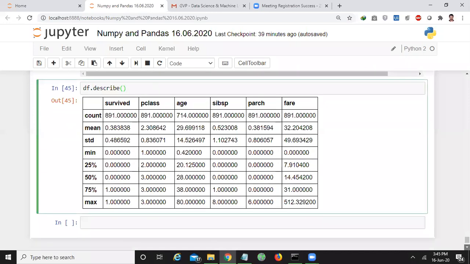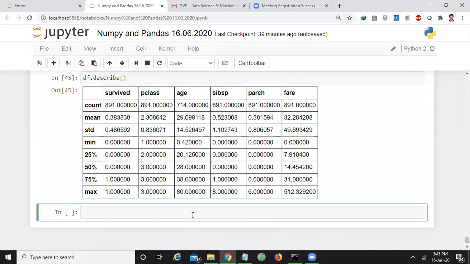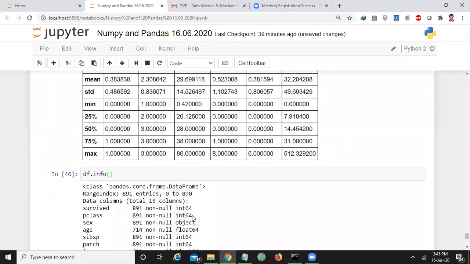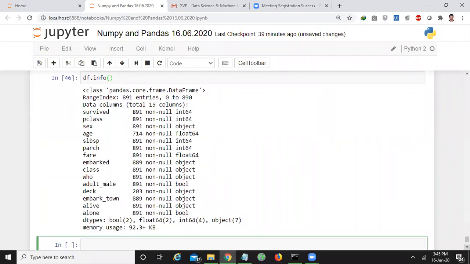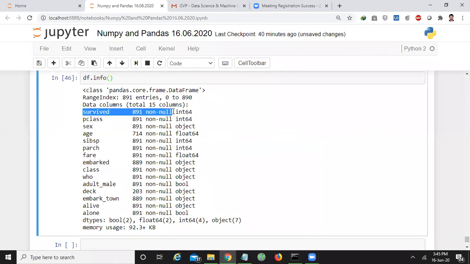Here we have one more function, that is df.info. It gives the information about all the columns. For example, in survived, we have 891 non-null values. How many passengers are there in our data set? 891.